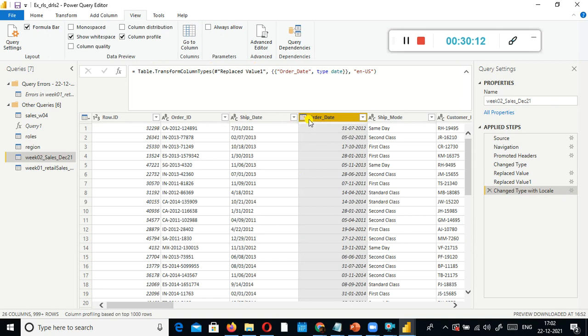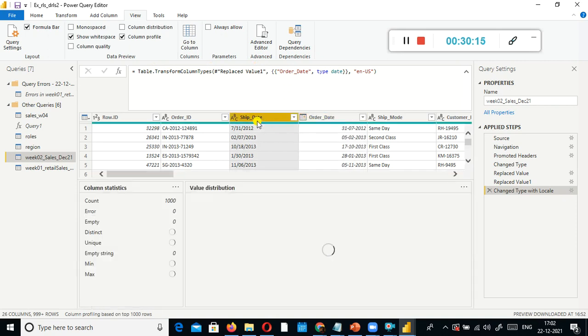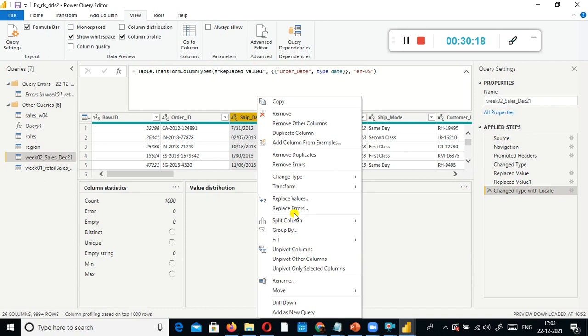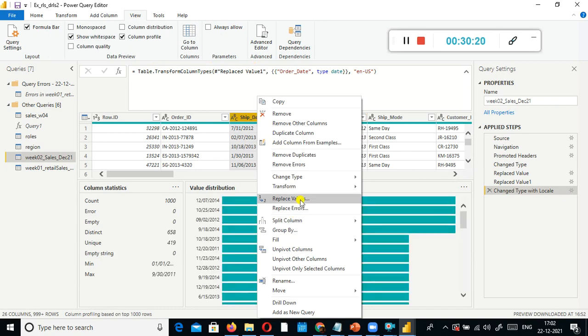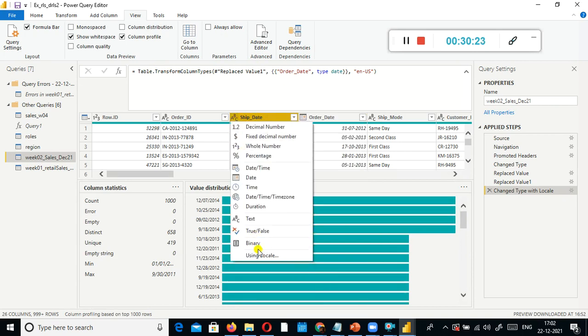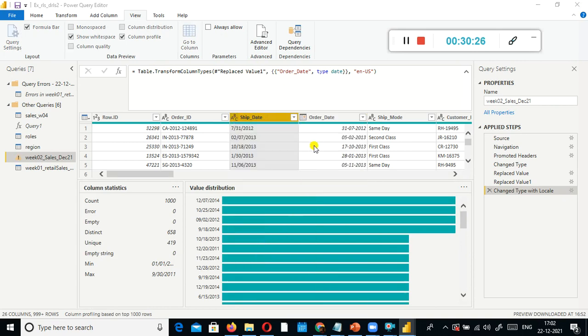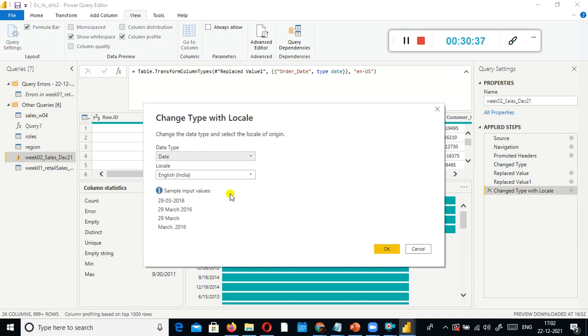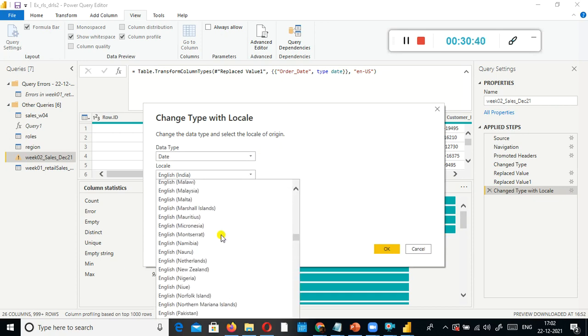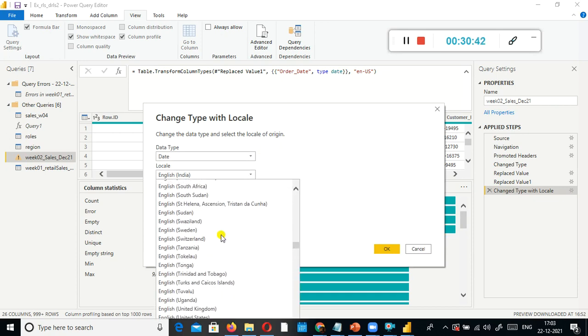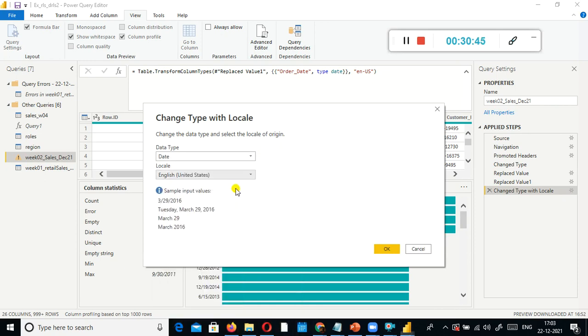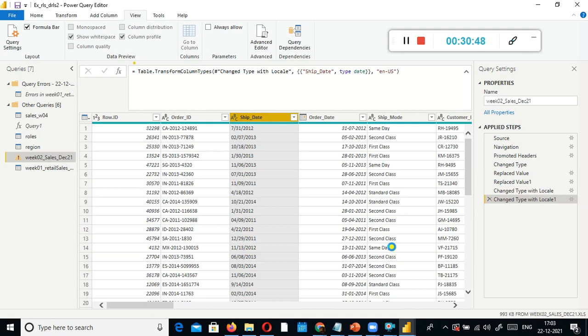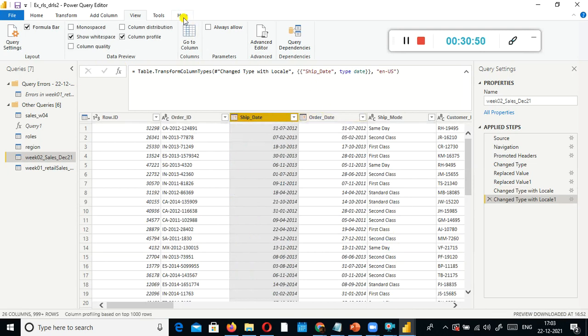So now ABC turned as a calendar, and similarly ship date you select it and right click, and you need to, sorry, here already we did it, so here just select it using locale. Date here, and here United States, click OK. Even this column became this one.